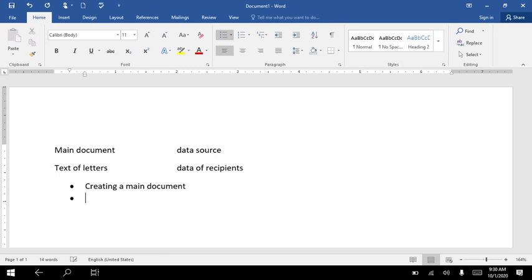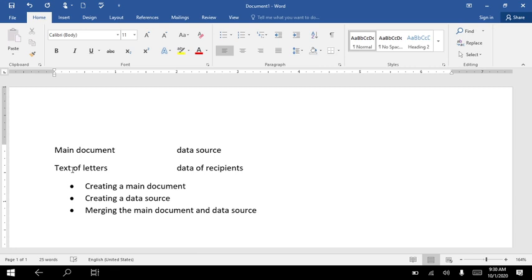Creating a main document, then creating a data source, then merging the main document and data source. So these are the three main steps.